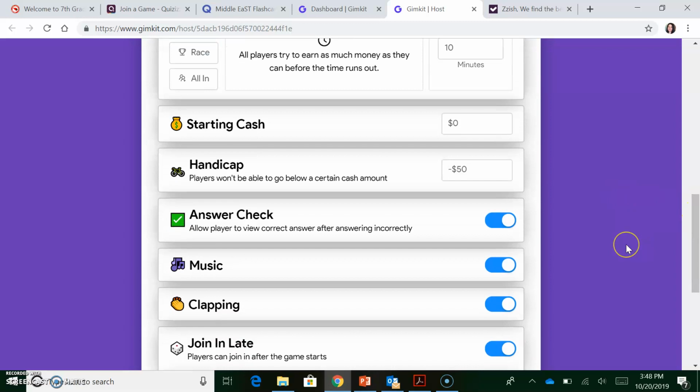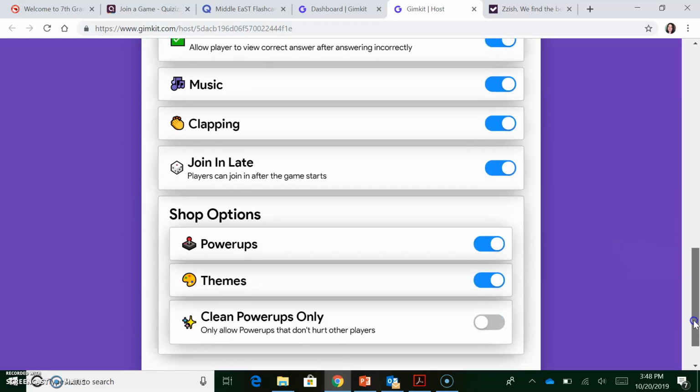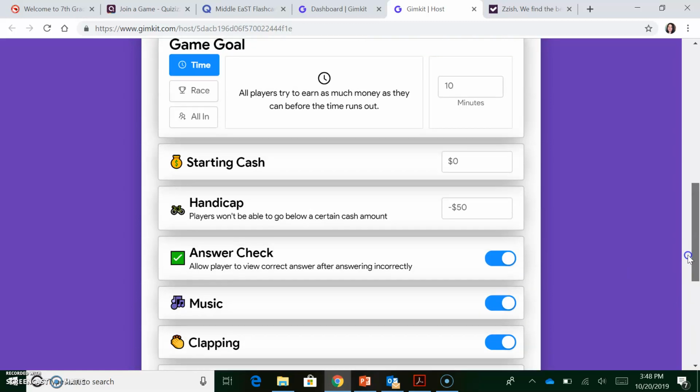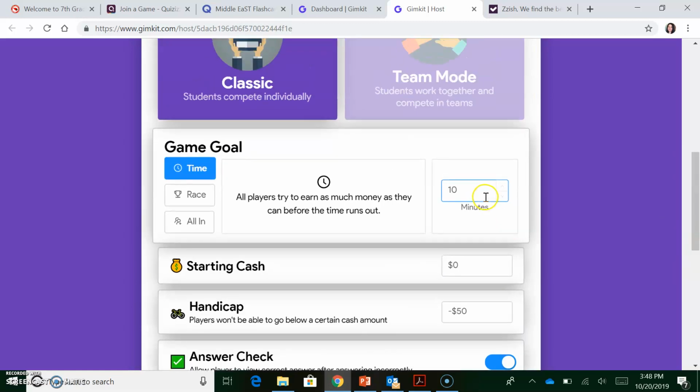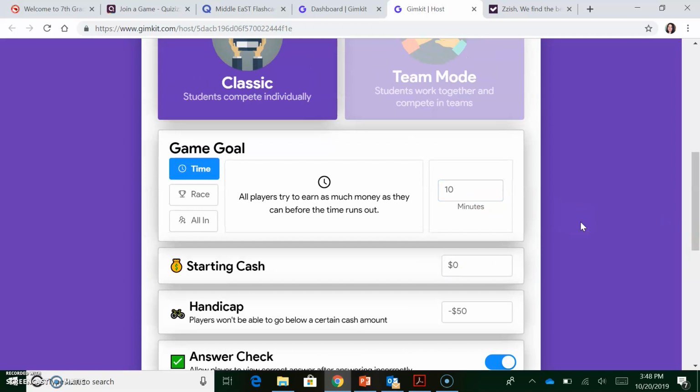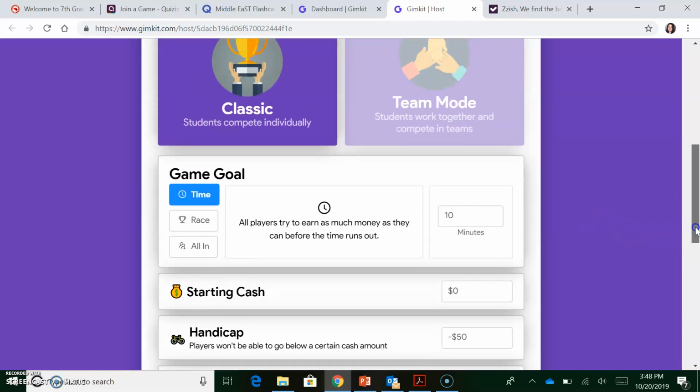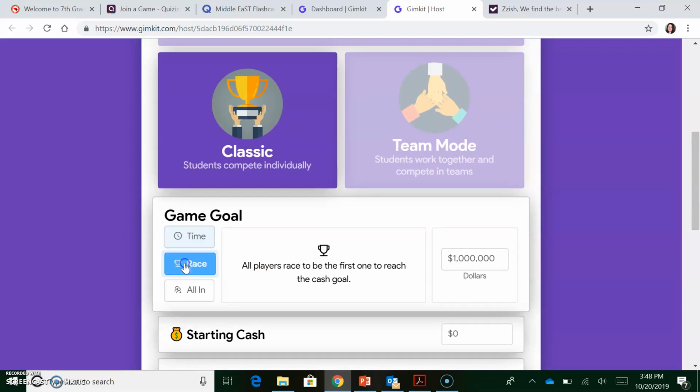So instead of students having only 30 seconds to answer a question, they have 10 minutes total to complete the entire game. Now, if you do want to have it as a race, you can have it as a race, but instead of it being a race based on time, it's a race based on cash, because instead of earning points, you earn money in the review.